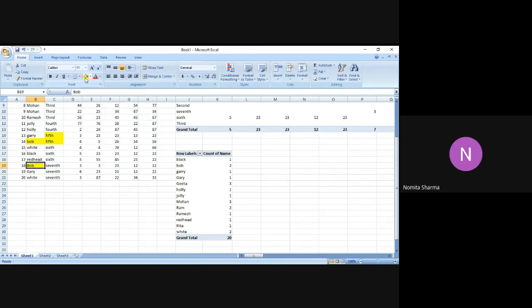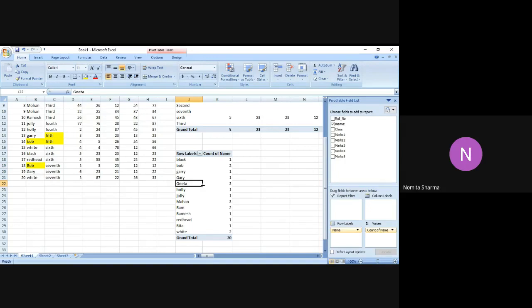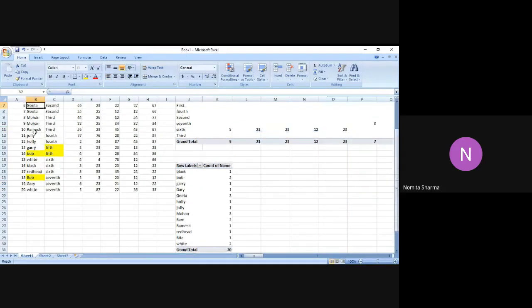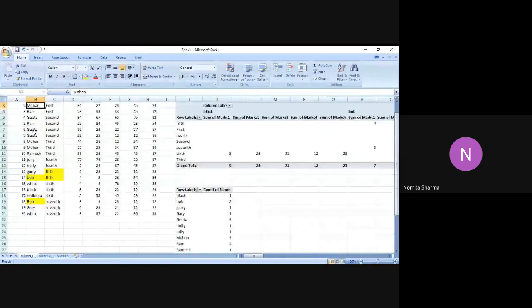So if I click on the table one more time, you will get that window again, and you can actually see the results. Black is appearing 1 time, Bob 2 times, Gary 1, Geeta 3 times, and we can check that also. If I go back to my table, you will see indeed Geeta is appearing 3 times in that data.